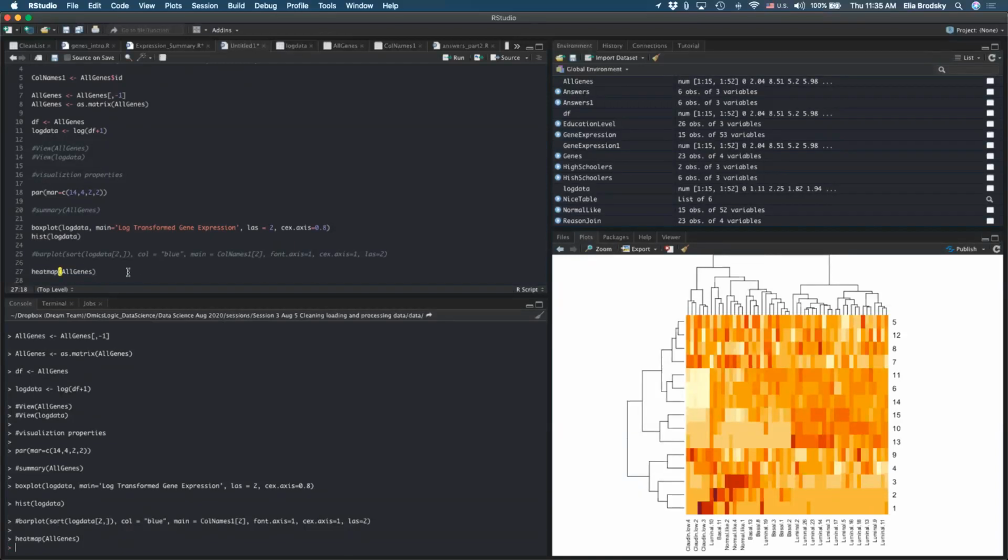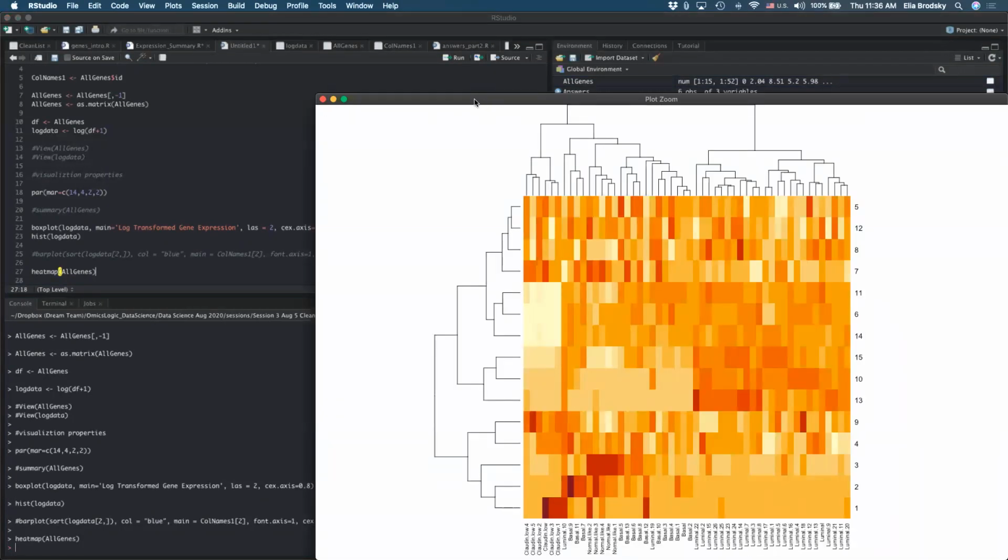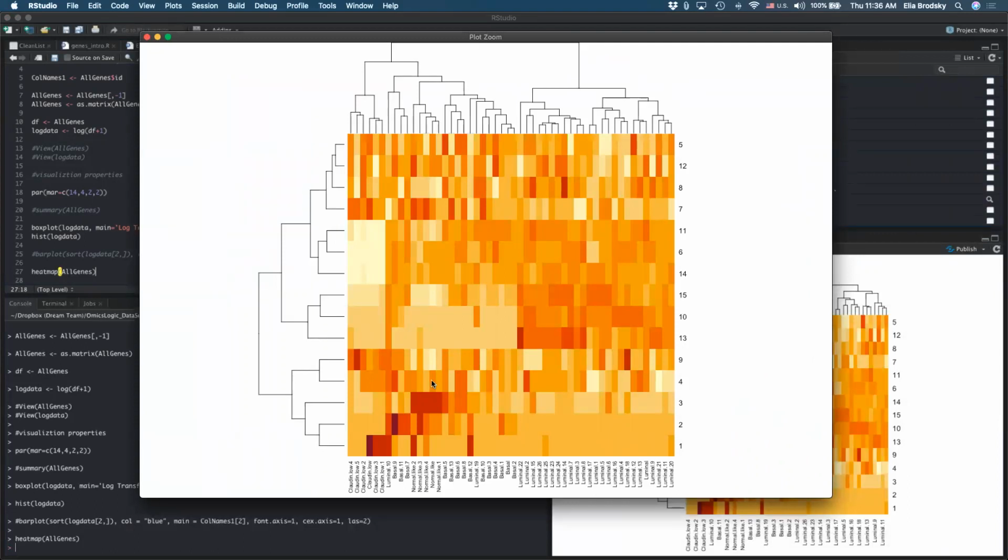So what does this heat map actually represent? The heat map represents, like a bar plot, the level of expression. The level of expression is color. The darker the color is, the higher the expression. It also organizes both our genes and our samples. This is organization of samples, this is organization of our genes, in such a way that it is easier to read the pattern. Just like we organized our genes in our bar plot, it organizes it.